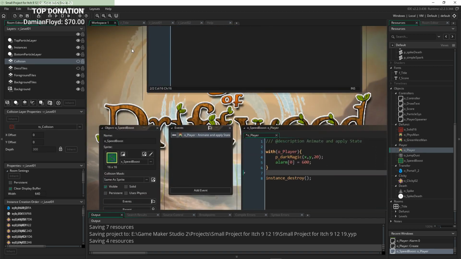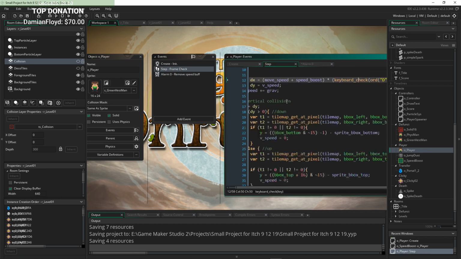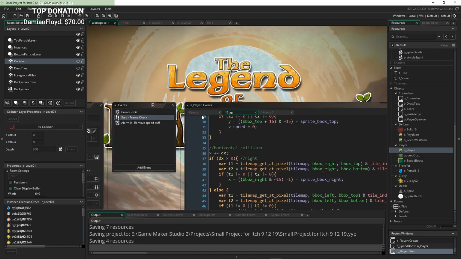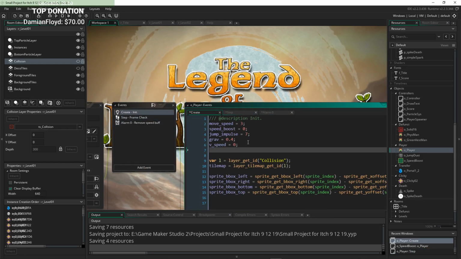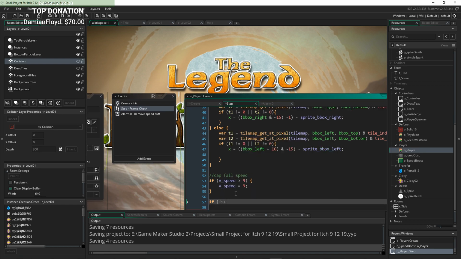We can also add a state that makes us, yep, I'm going to do that. So let's do something right here on the player that says if. First we have to go to create. So let's create a Boolean saying is speed boosted equals false from default. Yes, and then what we'll do right here is we'll say if is speed boosted,